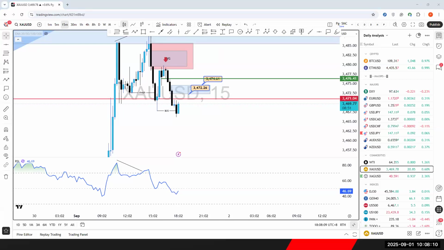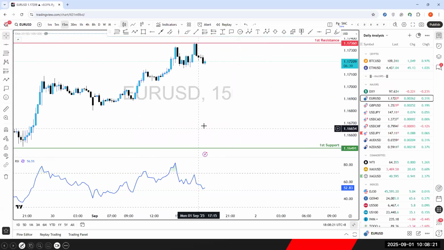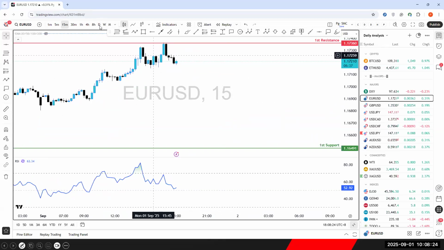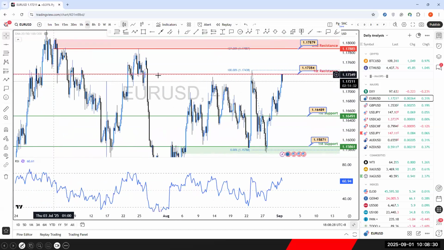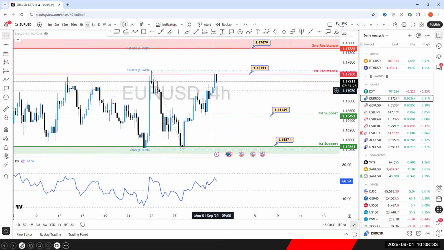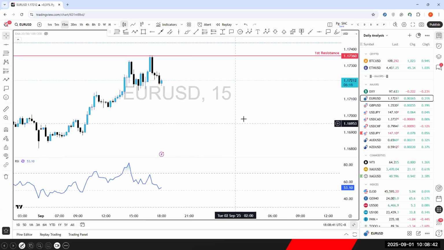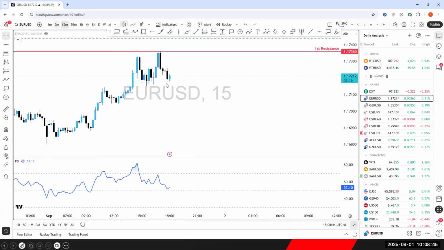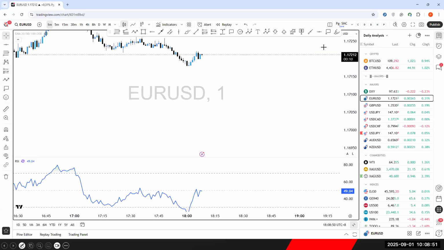Okay, since nobody asked, let me continue to another pair to do the SMC or find the entry. I will go to EU. Wow, EU is at the resistance level. On the higher time frame, this is my resistance level. So if you want to make sure whether it's okay to sell at the first resistance level, what you need to do is go to the lower time frame. First thing, I saw the confirmation here, I'm going to sell. Based on SMC, I don't see the change of character yet. We go to the M1.